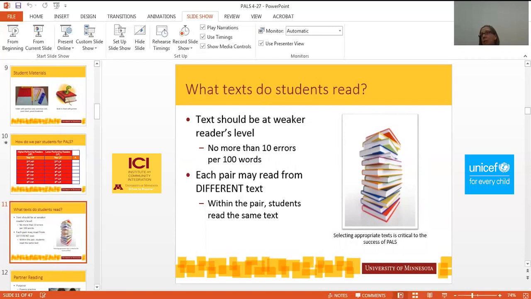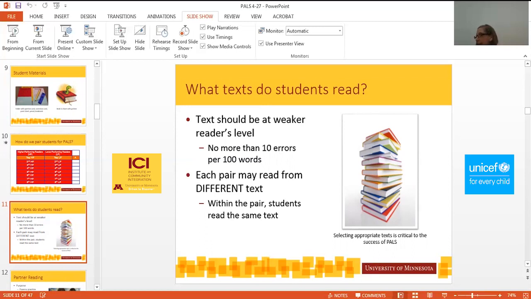We don't want them to be frustrated with reading the text, but they don't have to be able to read it completely independently. Within a classroom, every pair can be reading from different texts because they're working one-on-one. So stronger readers might be reading more advanced books, whereas weaker readers might be reading